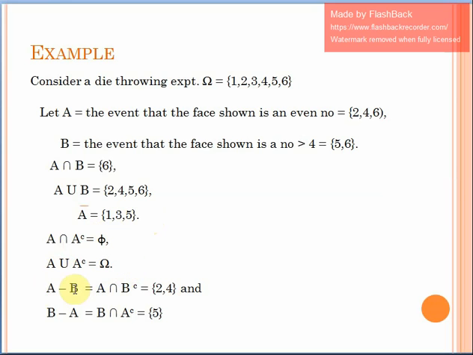And what about this A minus B? A minus B is A intersection B complement. So that is present in A but not in B, and these are the two members: one is 2 and the second one is 4. So that is A minus B. And what about B minus A? B minus A means that which is present in B but not in A. So 5 is not in A but present in B. Therefore B intersection A complement is 5. Okay, so these are the examples, and we will calculate all these union, intersection, complementation and relative complementation by taking such types of examples.